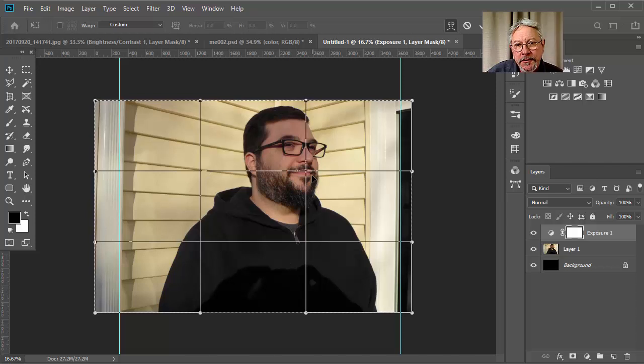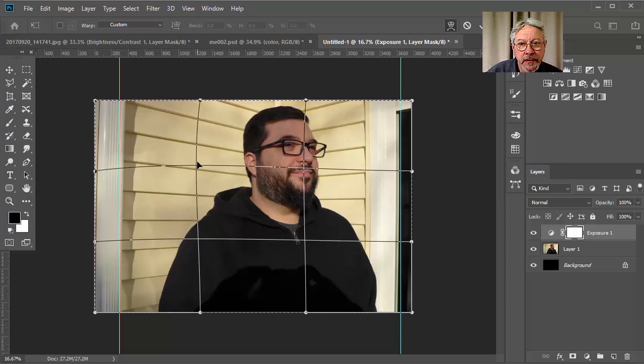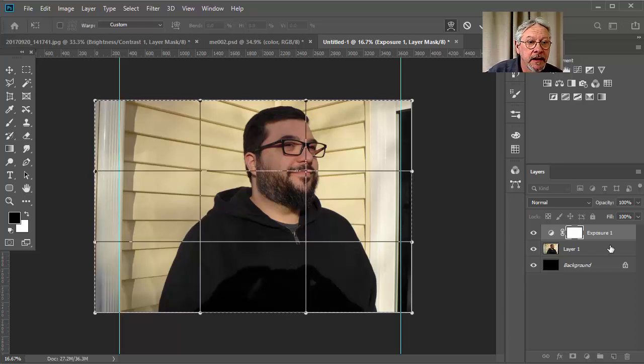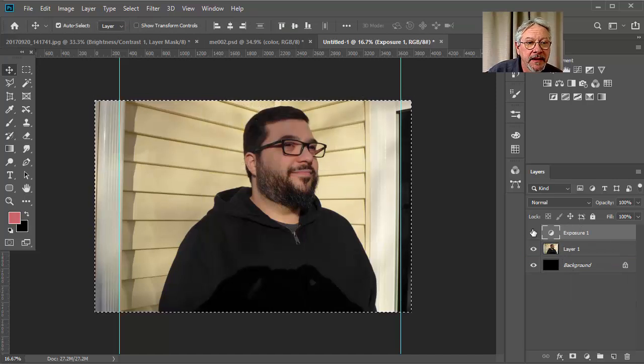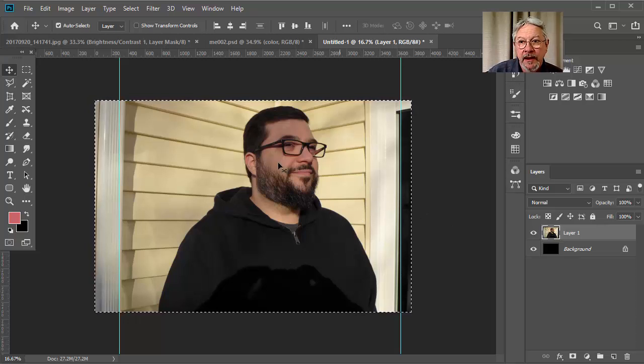So you have these different control points, which is good because this control point here will hold this point in place. Let me undo that. Looks like I accidentally had an exposure thing here. All right, get rid of that. Okay, so with your image selected,